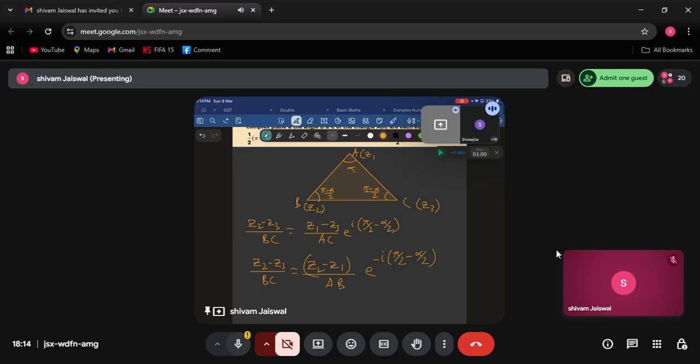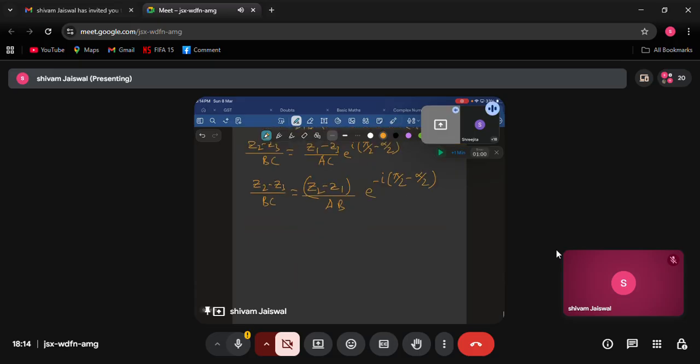Now, Shweta, over here I need to eliminate iota. Okay, I need to eliminate iota. So what shall we do? Tell me, what do you think? How will we eliminate iota from these two equations? We can divide the equation. We can divide, but if you divide, it will be e to the power 2I pi by 2 minus alpha by 2. Then we can multiply. Absolutely.